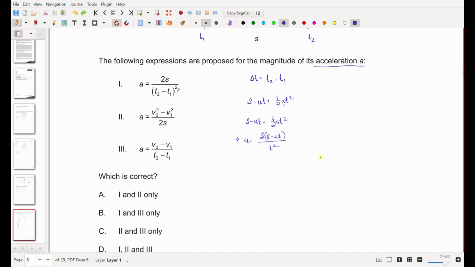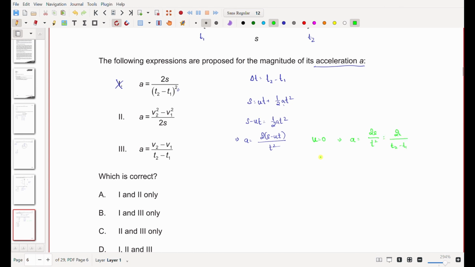This may be correct in a very particular case, but for this generalized case where the body is starting with an initial velocity, this is incorrect. So we can say 1 is incorrect. I'll just take a second to show the particular case where this is correct. So when u is equal to 0, i.e. a body is starting from rest, your equation simplifies to 2s by t squared, which is 2s by (t2 minus